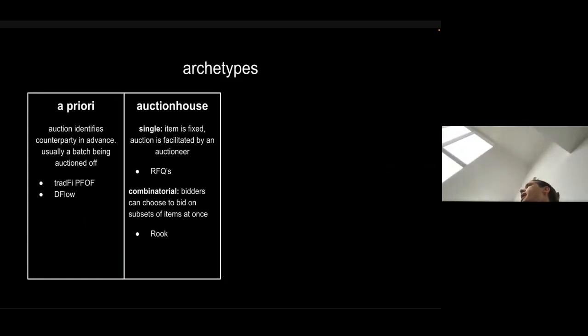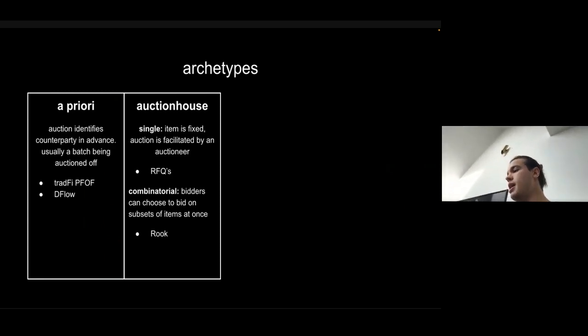because as a searcher, you might want to execute on multiple orders, in multiple intents, match them together, whatever. And having uncertainty because each is being auctioned off separately means that you can't bid as high as you would. So a different approach, which is quite well studied in literature, although not for this application, is combinatorial auctions, where you can submit a bid to a subset of orders. So there are 10 orders, and I can choose, for orders 2, 3, and 5, I'll pay this much, and for 3, 4, and 7, I'll pay whatever much. And Rook, at least the last time I checked, is an instance of this.